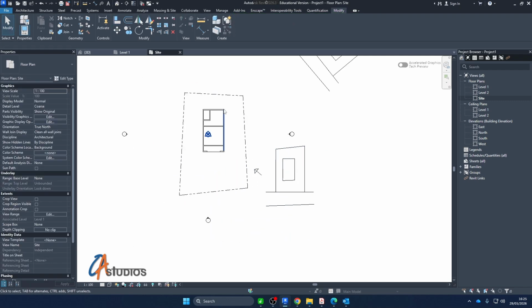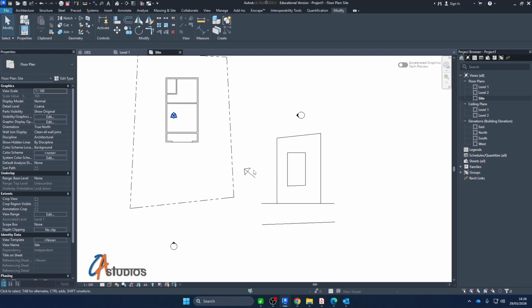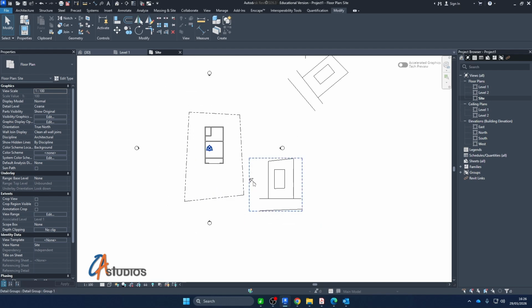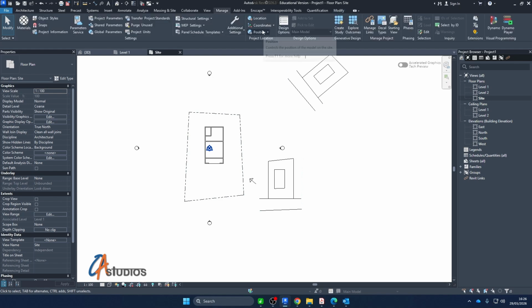Okay, if the plot was to be this way on our site plan, you see the north arrow is going in a slanted position. But what we want is for the north arrow to be straight and on the side view. So to do that, like we did the last time, you come to the Manage tab, you have this Project Location panel, and under it you have